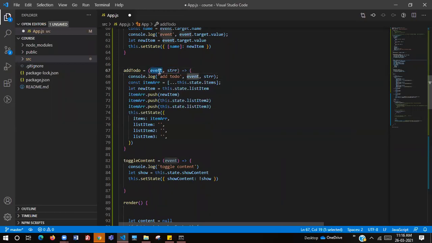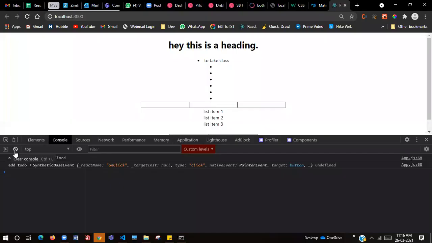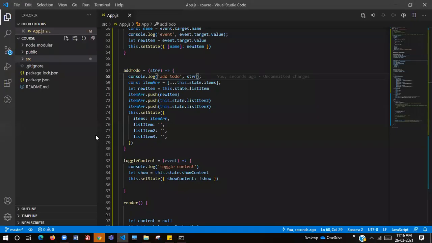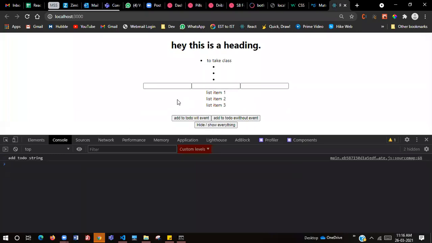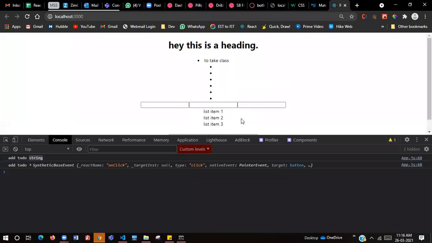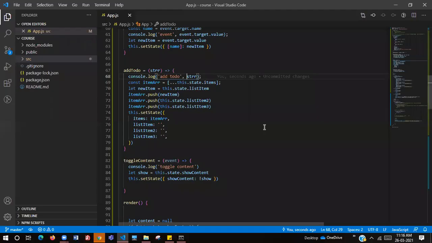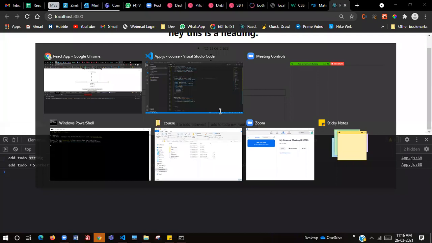Okay. Oh, we were just passing only one thing, right? See, now we are seeing this, but in the function that we were seeing without event, right?